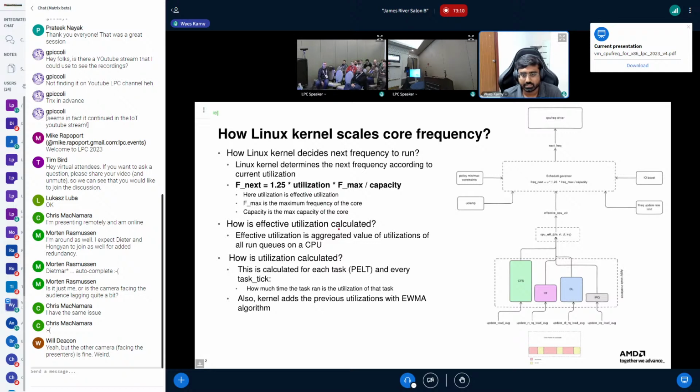How the Linux kernel decides the utilization is depicted here. I'll not go deep into this utilization calculation, but ultimately it is calculated and aggregated in the run queues and fed to the scheduler, and the scheduler calculates this frequency and gives it to the frequency driver.